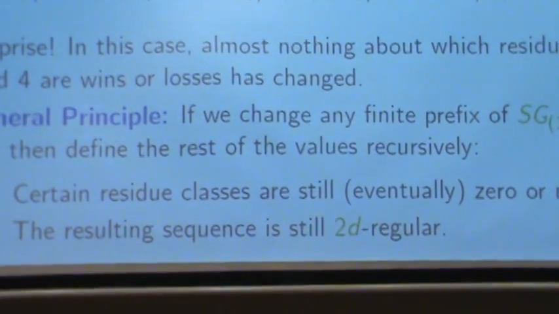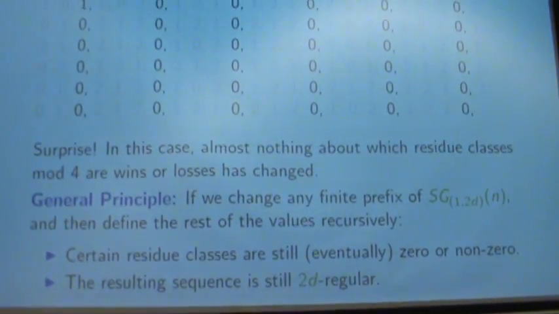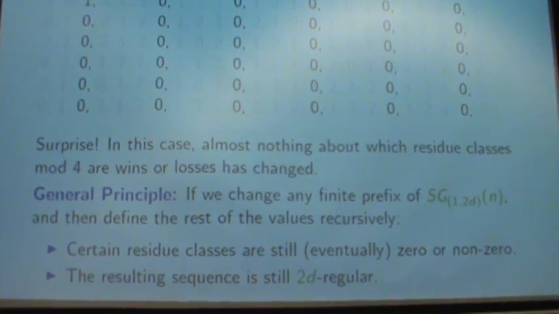We can generalize this further. We don't have to just stop at changing the first value. We can change any finite prefix. We can change the first 10,000 values